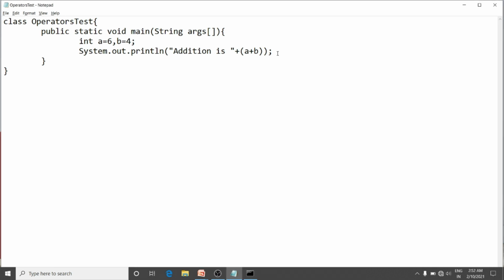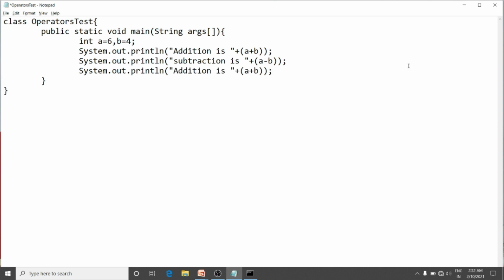Now I will do the remaining 4 arithmetic operators here. Subtraction is, here I will put minus. Multiplication is, here you have to put asterisk.